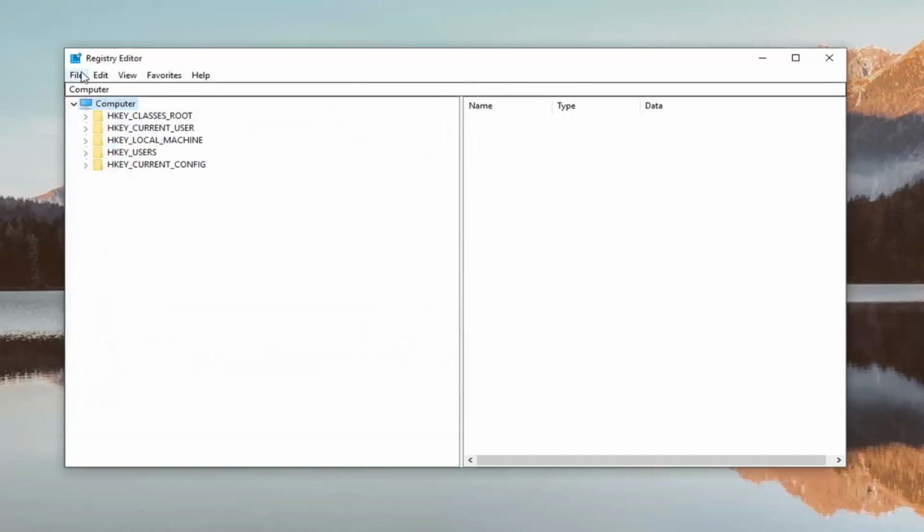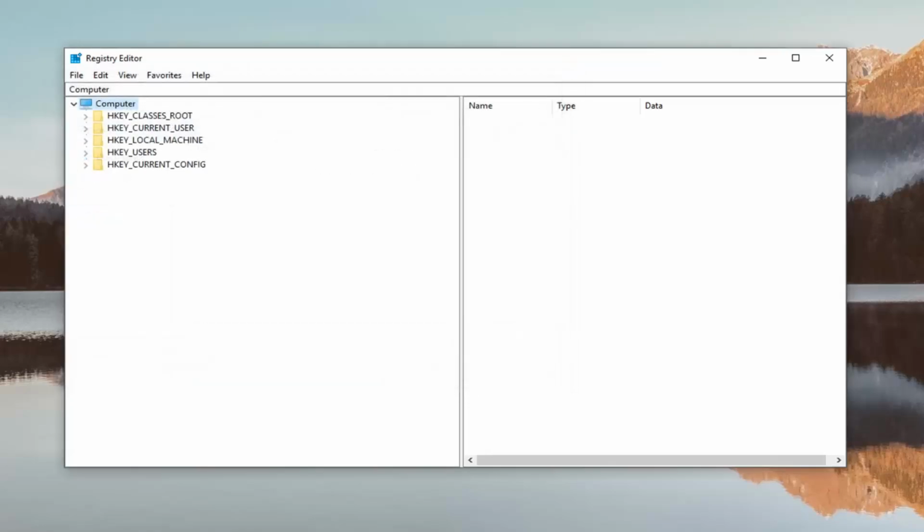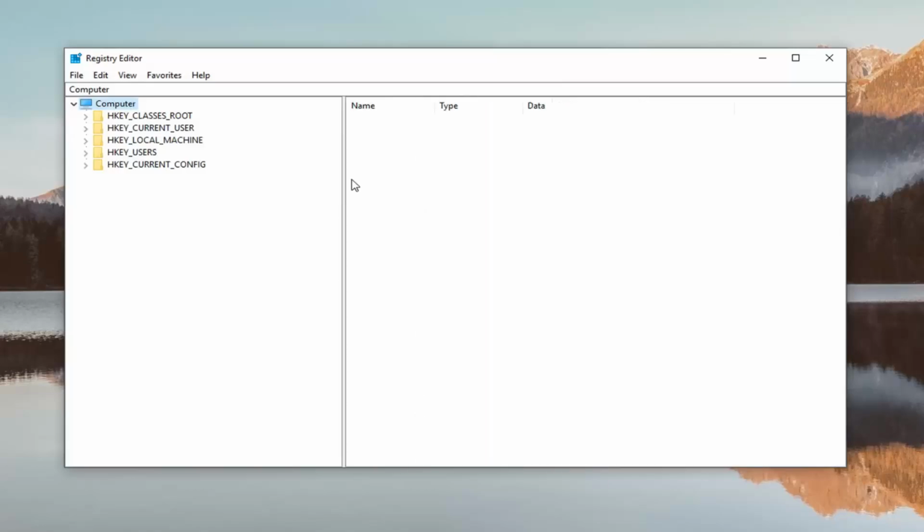And then if you ever needed to go back to the older version of the registry, you just would do file and then import and then just navigate over to it. So pretty straightforward. So once you're done with that, you want to go ahead and expand the HKEY_CURRENT_USER